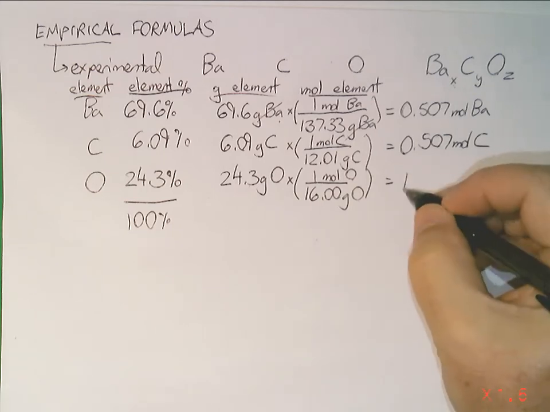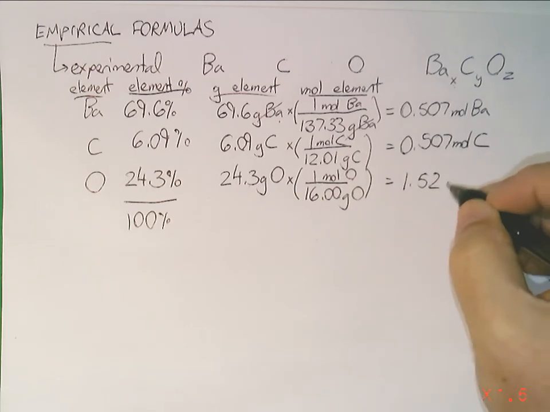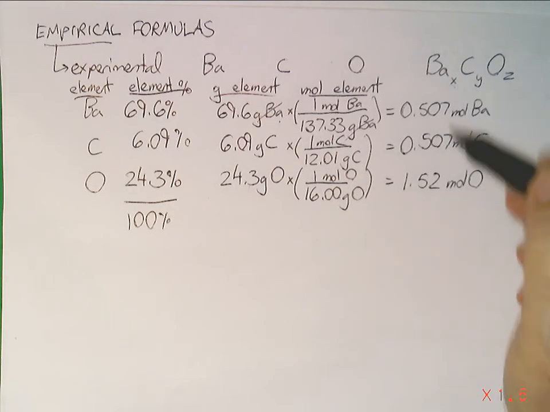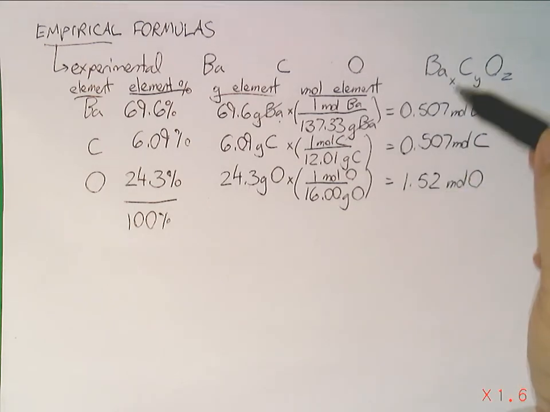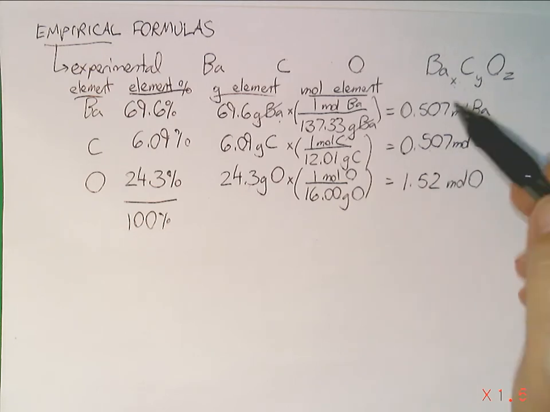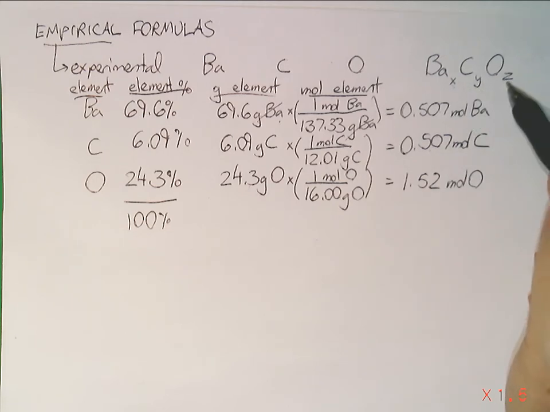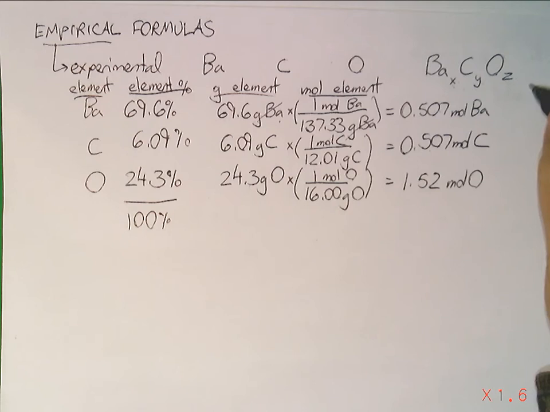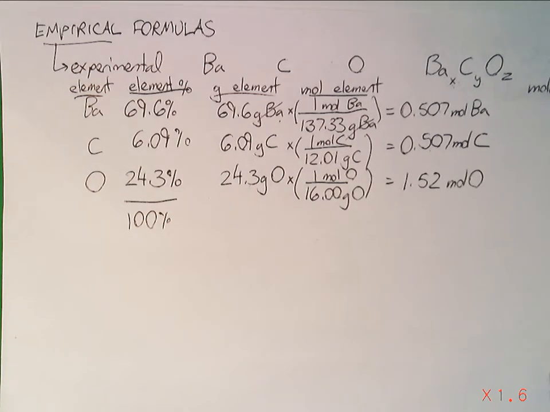And that's 1.52 moles of oxygen. Okay, now these are not the subscripts. I mean, X isn't this, and Y isn't that, and Z isn't that. I'm not done yet, because these things are not mole amounts, they are mole ratios. So I can turn these moles into mole ratios, which are the subscripts,